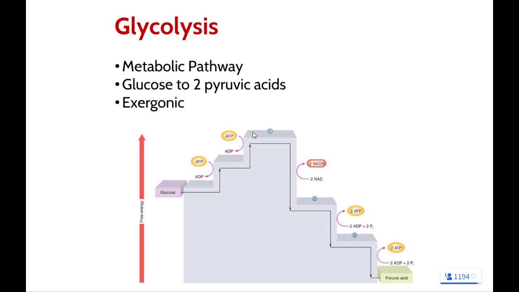I am not asking you to memorize what all of the in-between molecules are called. And I'm not asking you to memorize what all the in-between enzymes are called or the activation energy requirements of those enzymes. I just want you to know that we start out with glucose. We add energy in the form of ATP to kick-start the reaction. And then after we kick-start that chemical reaction,